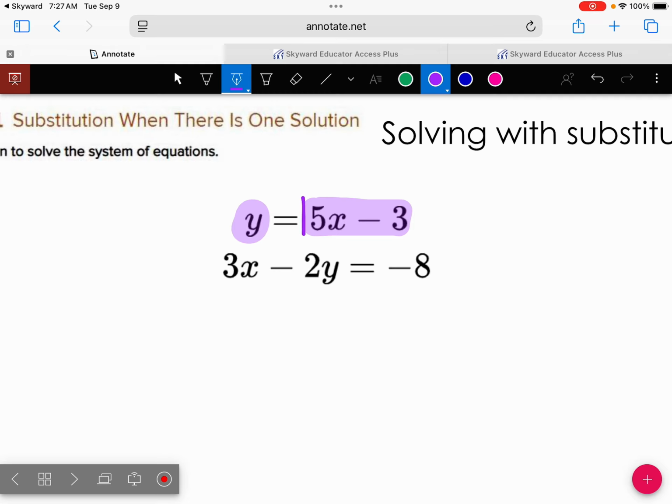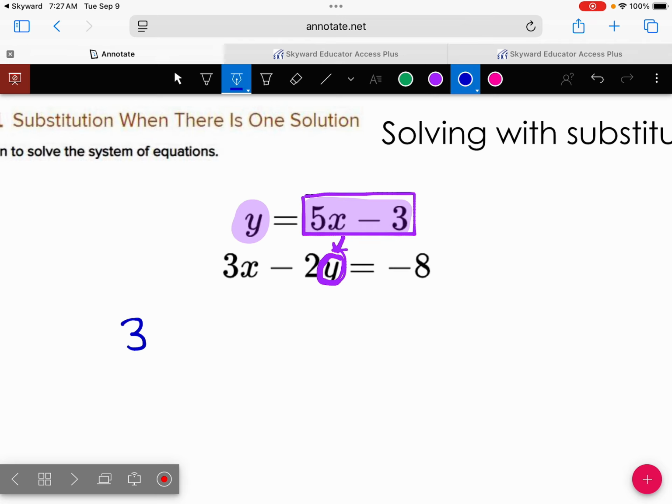If we know that y equals 5x plus 3, what we're going to do is I'm going to come into this second equation, and I'm going to substitute that in place of this y right here. So I'm going to say, I don't want to have both x and y in here because I can't solve it when it has two different letters. But if I know that y is going to equal 5x plus 3, I'm going to squish that in right here so that we can get this all down to one letter. So when we do that,